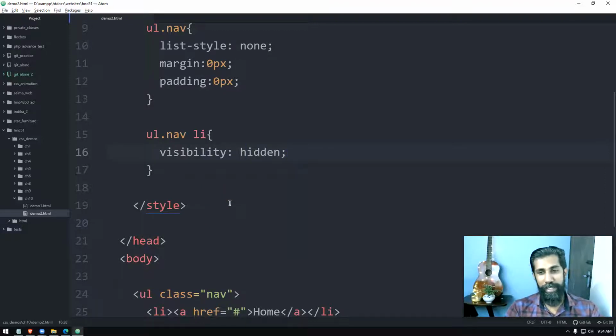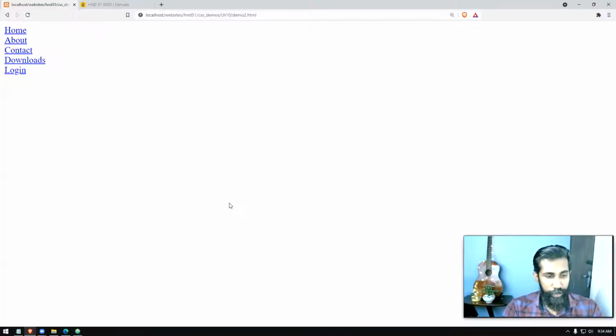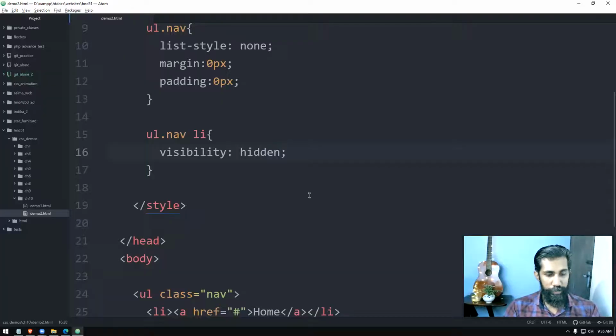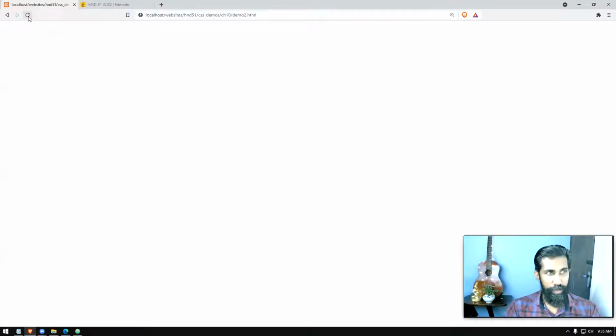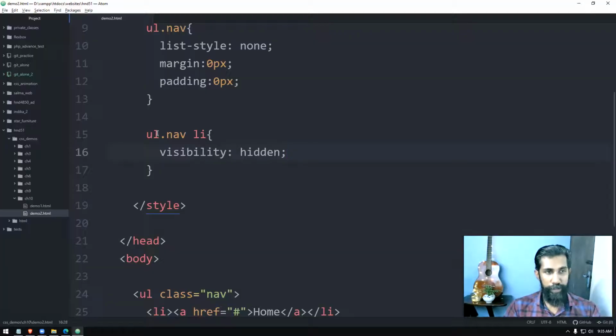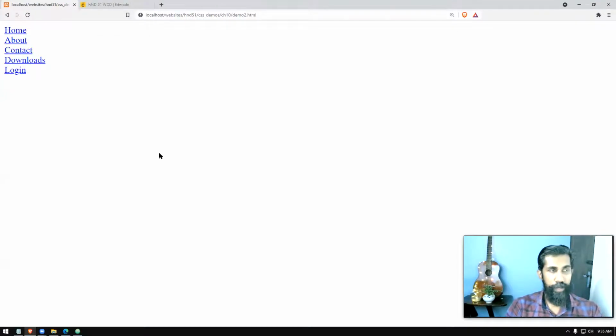I just use this for debugging, to make sure my code is working properly. I will reload this and see. Okay, so you can see the elements are disappearing now, which means that code is perfectly working, right? I'll erase this one.